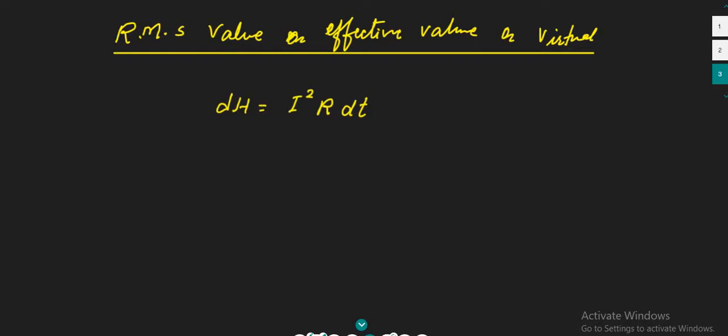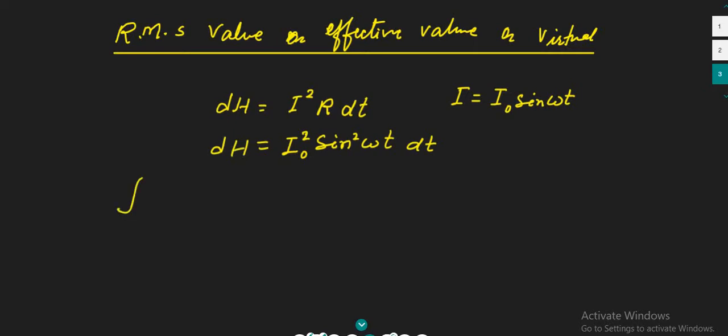And I equal to I naught sine omega t. Put this value instead of I, and you get I naught square R sine square omega t dt, which is equal to dH. Next, now integrate dH to get the whole value of